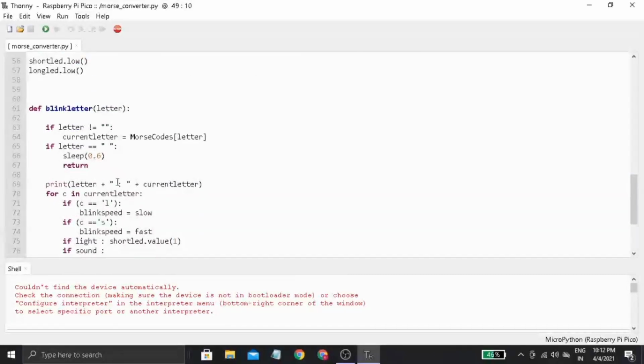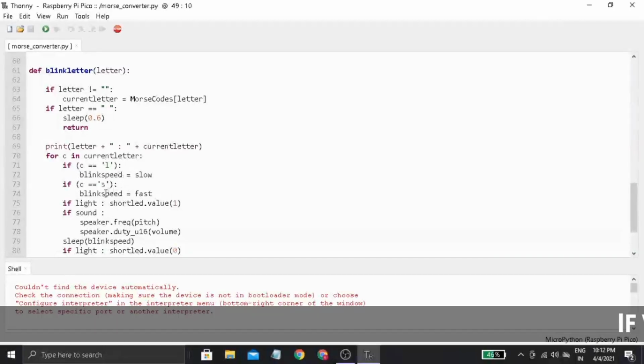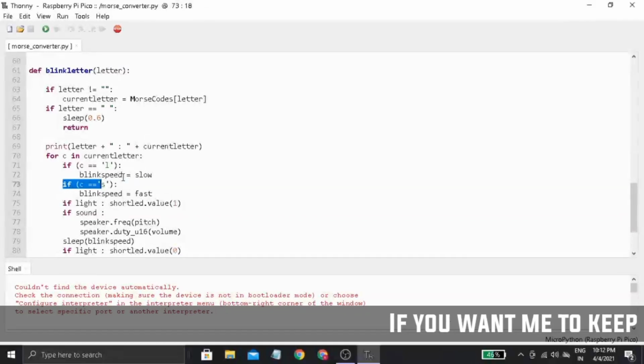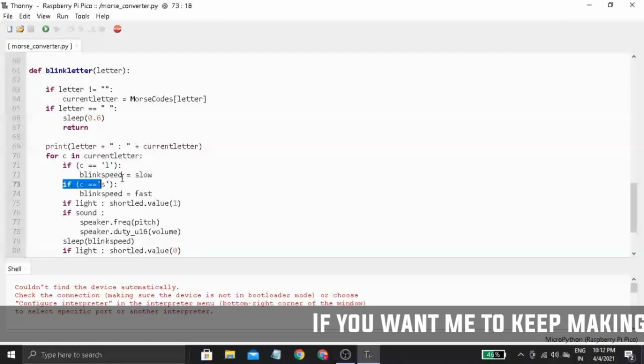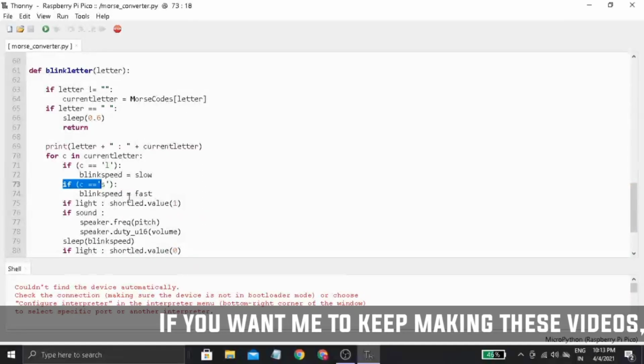So it will give a blink speed of 0.2 seconds, and then if C equals S, that means if the character from the current letter is S, that means short or dot in the Morse code, then the blink speed will be fast.